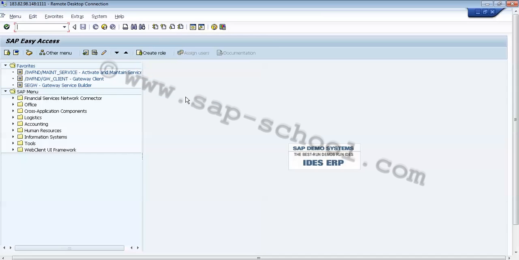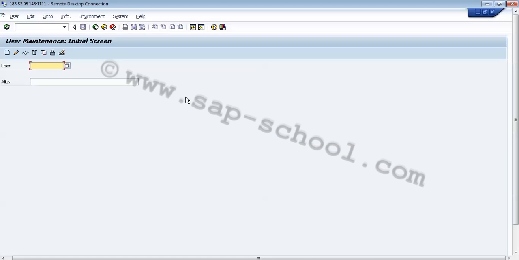Now we can use the transaction SU01 to check the roles which are assigned to the users. If I go to SU01, in the user field we have to enter our assigned user. In this case we are using the Fiori server, so I will write down here the Fiori server.